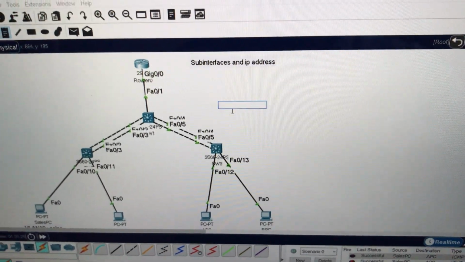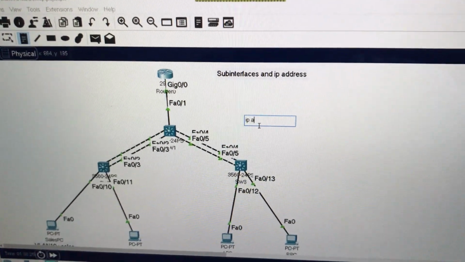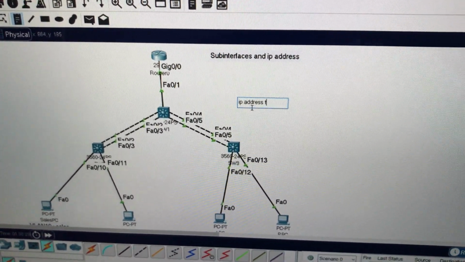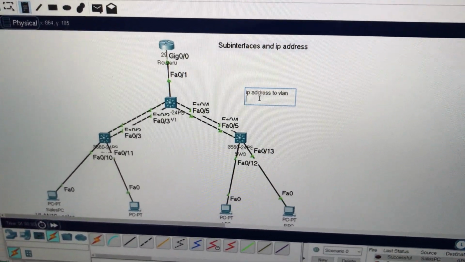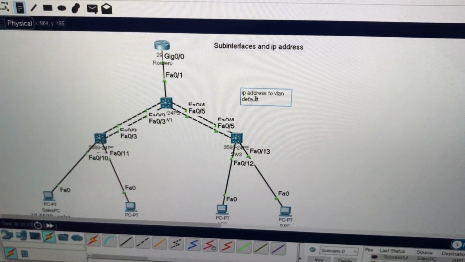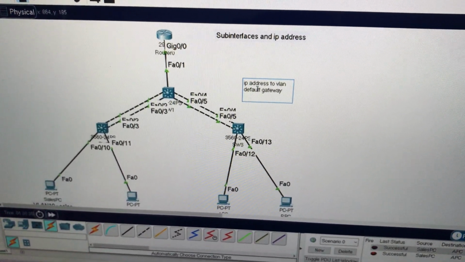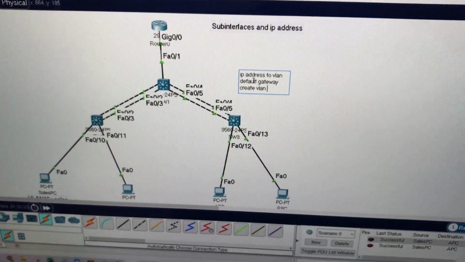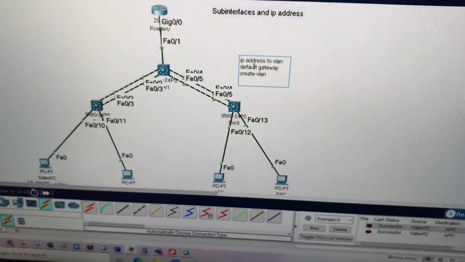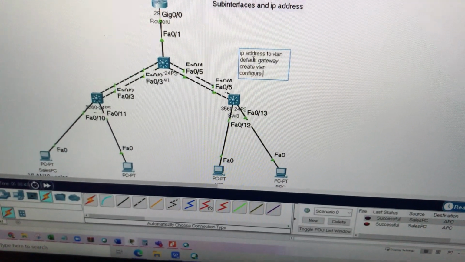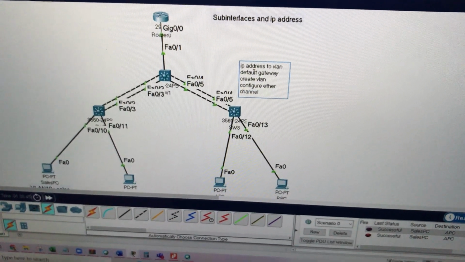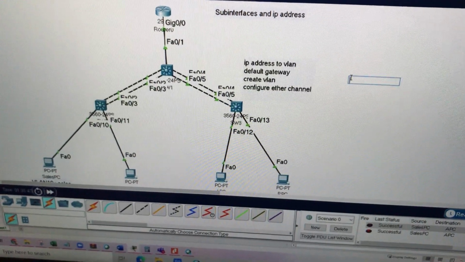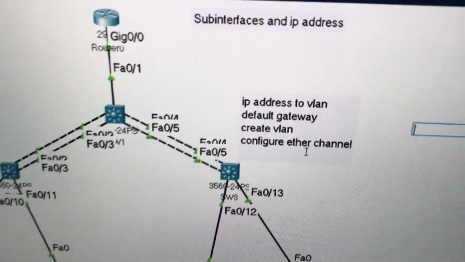On the switch, we need to assign IP address first to VLAN 1, default gateway, then create VLANs, configure EtherChannel. These are the things that need to be configured on all 3 switches.